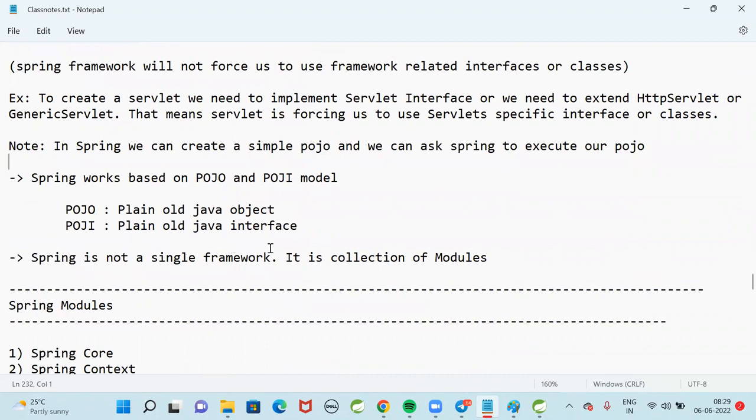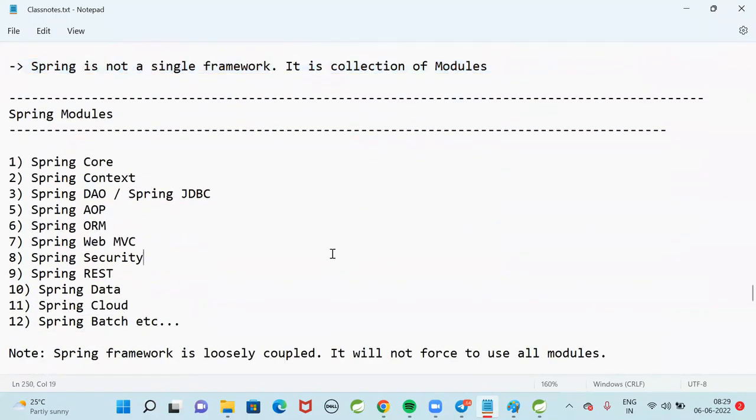So is Spring a single framework, or a collection of modules? It is a collection of modules. It is developed in modular fashion. Can you see what modules are available in the Spring framework? Core module, context module, DAO module.